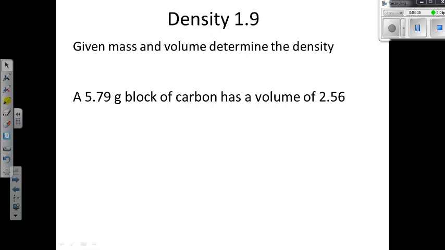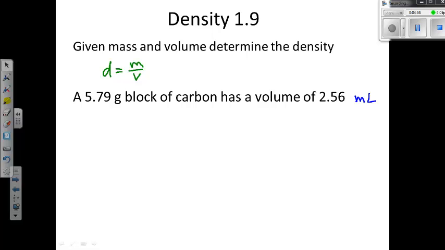Given mass and volume, determine density. Okay, well, that's rather straightforward, right? Because we know that density is equal to mass over volume. And so if I have a 5.7 gram block of carbon and a volume of 256 milliliters, we'll say,